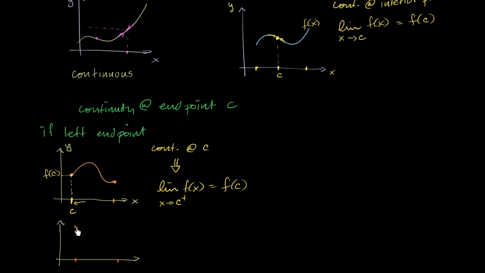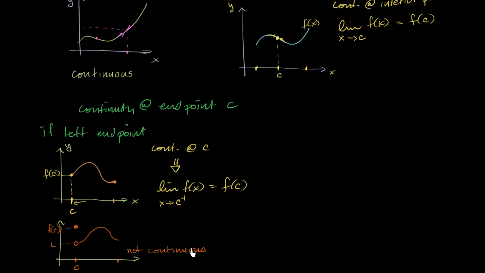And maybe our function. So at c, it looks like that. There's a little hole right there, and then it looks something like that. Or there's no hole. The function has a removable discontinuity right over there, at least visually it looks like that. And you see that this would not pass the test because the limit as we approach c from the positive direction is right over here. That's the limit. But f of c is up here. So f of c does not equal the limit as x approaches c from the positive direction. So this would not be